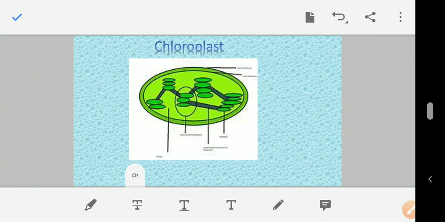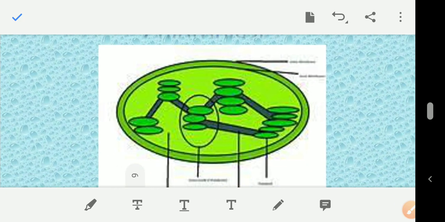The diagram of chloroplast is important to draw because in this chapter, in the chapter of osmosis, diagram for drawing are two. One is a diagram of plasmolysed cell and one is a diagram of root hair. In chapter photosynthesis, to draw the diagram, generally the important question is of the diagram of chloroplast, and rest of the diagram generally asked on the basis of labeling.